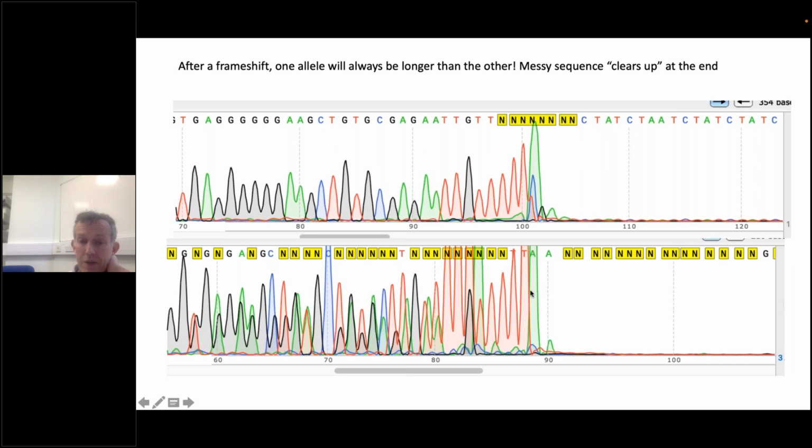So I see a green peak and a few red ones. And if you look at the earlier sequence over here, I can see the same pattern back. And you can simply move the sequence back and count back how many bases have been inserted or deleted. So here you can see an A peak, the last A peak, and then if you go back 1, 2, 3, 4, 5, you can see an A peak again that looks very similar. So you see the repeat of the pattern over here. So that means that we have a 5 base pair insertion or deletion.